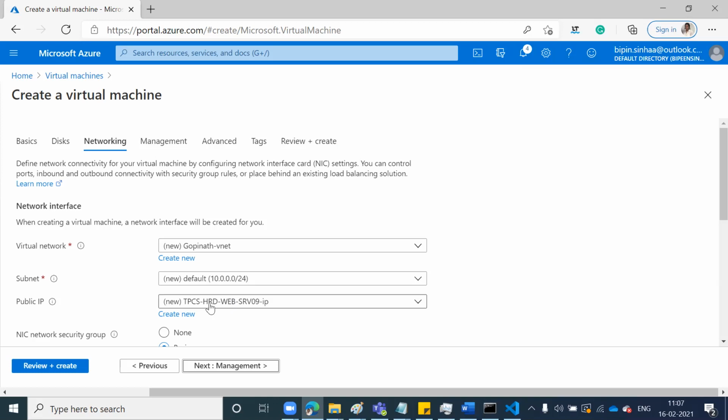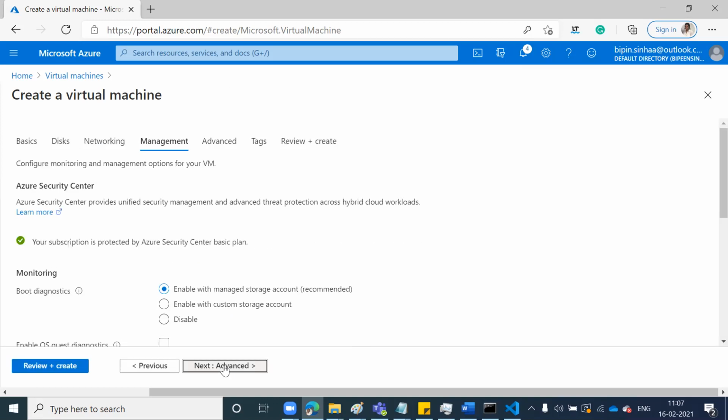So it will assign one public IP for you. Whatever charge you have seen in the very first screen, that charge does not include the SSD disk. That charge does not include your public IP. All are extra. So go ahead and say next, management.